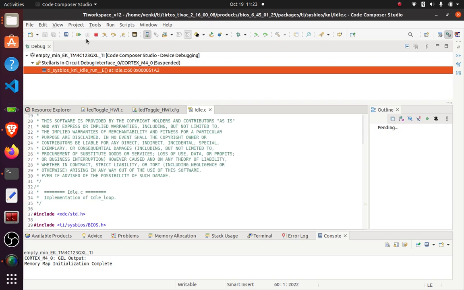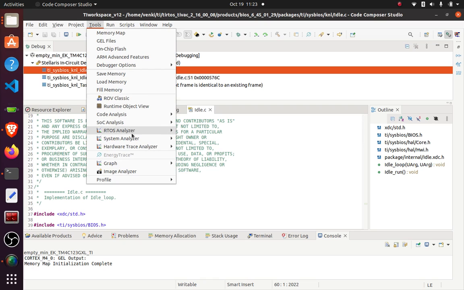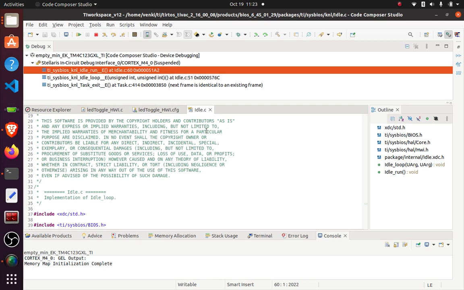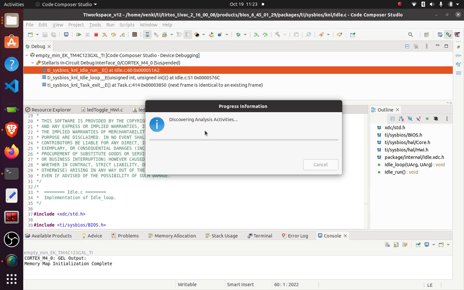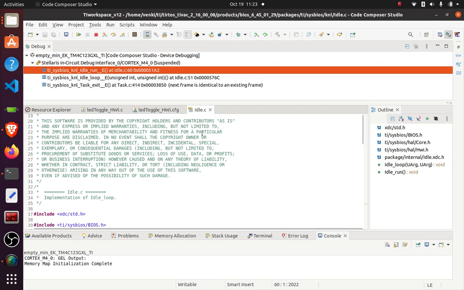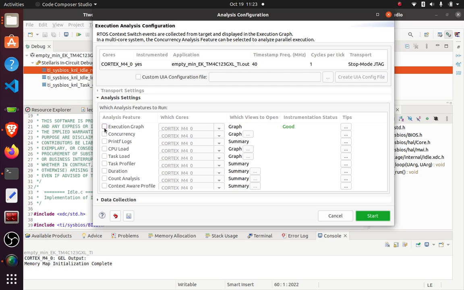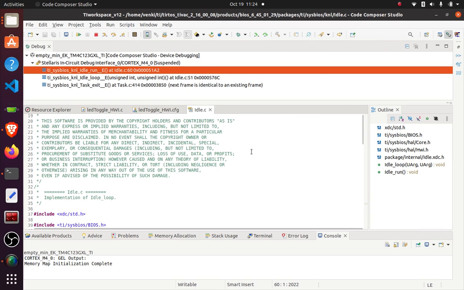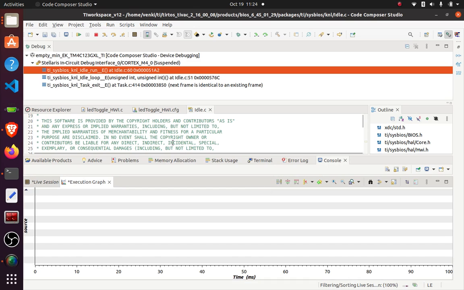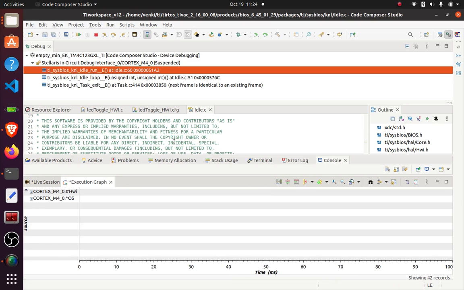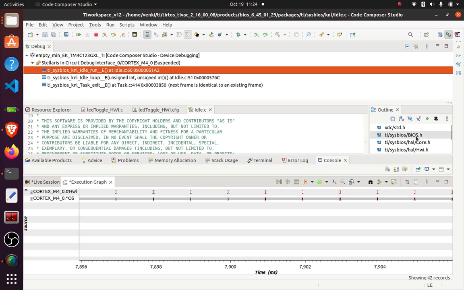Pause it. Do not stop it. Go to tools, go to RTOS analyzer, and click on RTOS analyzer. Over here we are only interested in the execution graph, so that is fine. I'm going to say start, and in case you don't get it here, make sure that you have gone through the log setting up and enabled that. Okay, now you can see over here